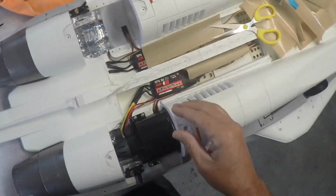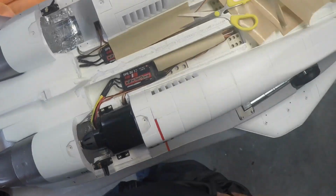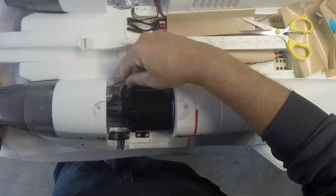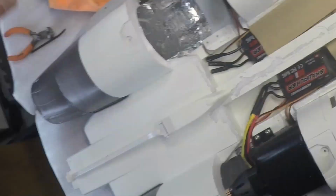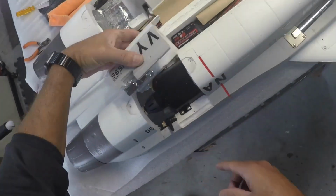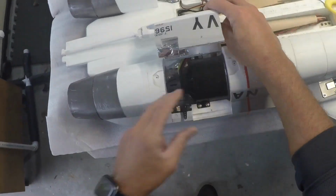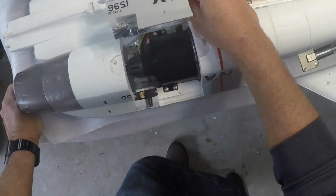All right, so we got those done, and now the fan is pretty much ready, guys, to install back in here. So one other thing that I'm going to do, I believe, guys, that RC Geek and Rich Baker both did to their planes, is they also filled in this void over here, which I'm going to do too. So that way when this piece goes on this side and sits down flat over here, see right here, this hole will also be filled up so that you won't get anything going through there. So I think I'm going to cut a piece of foam and glue in there,